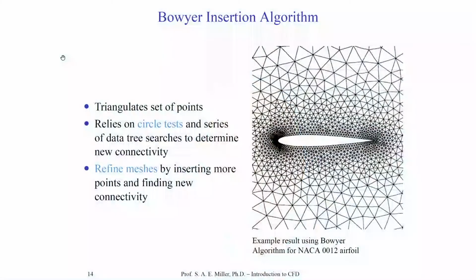Let's look at an example of the Bowyer insertion algorithm. On the right, we have, and I've shown this picture earlier, the Bowyer algorithm applied to the National Advisory Committee for Aeronautics NACA 0012 airfoil. Recall the 12 means that the airfoil is 12% thick, and the 00 means that it's symmetric. In this case, now we have a list of nodes and a connectivity list between all nodes. Those are the two types of tables needed to form a triangular mesh in 2 dimensions from the Bowyer insertion